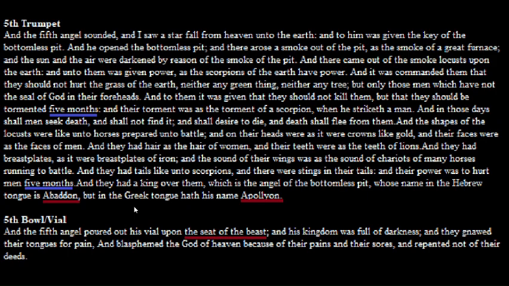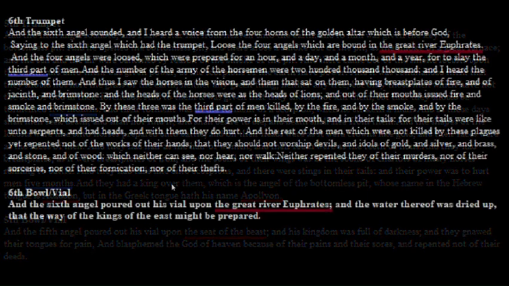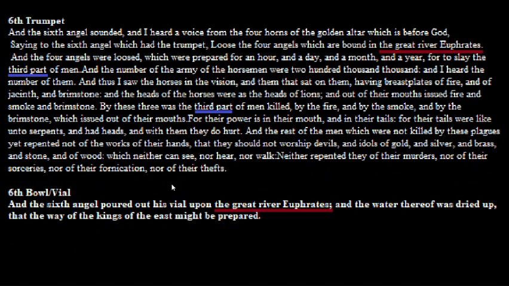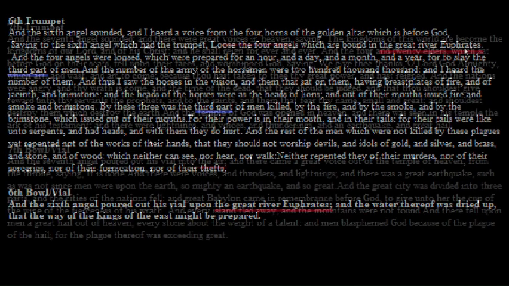He's always against us. So here is parts of the sixth group, the sixth trumpet, sixth bowl and vial. And underlined in red is the location, the great river Euphrates. And underlined in blue is the part of the time, third part and third part.